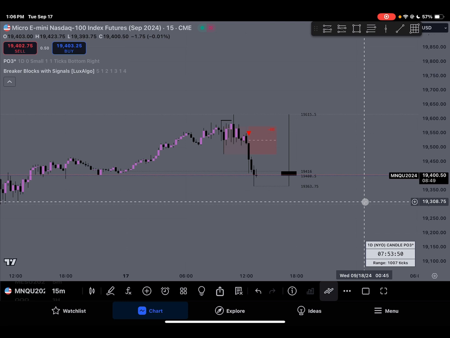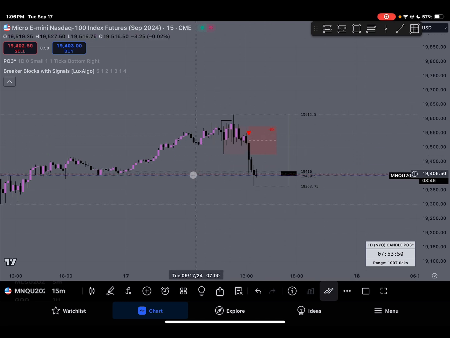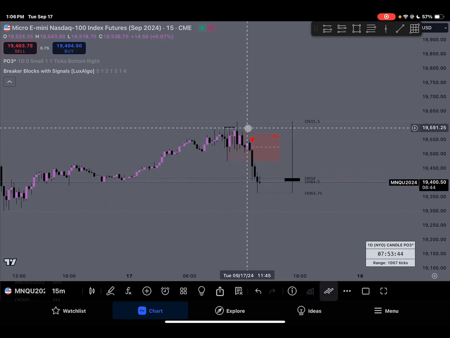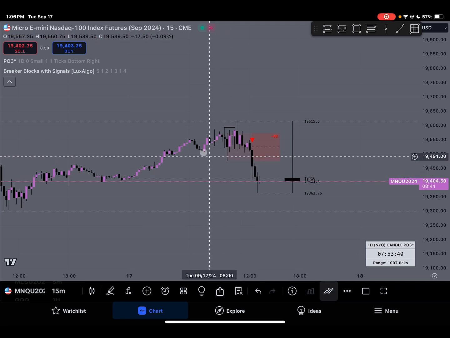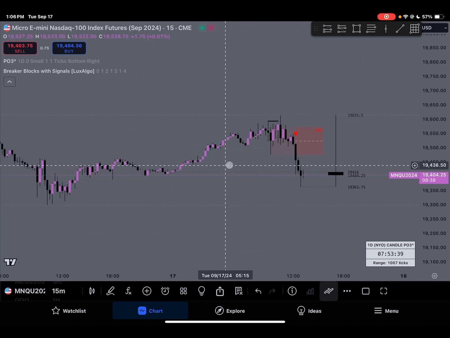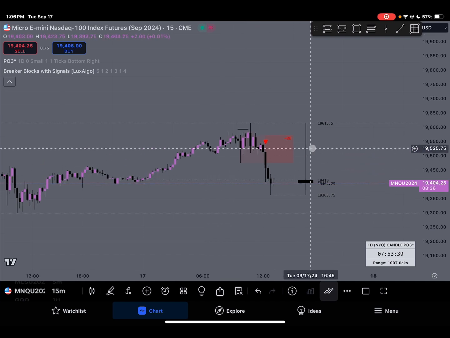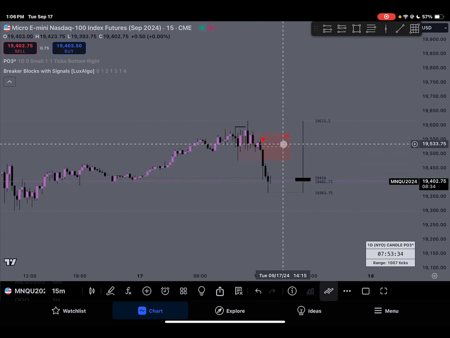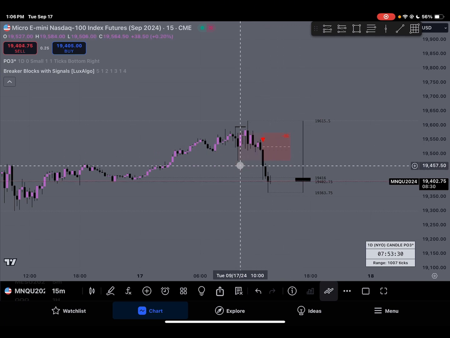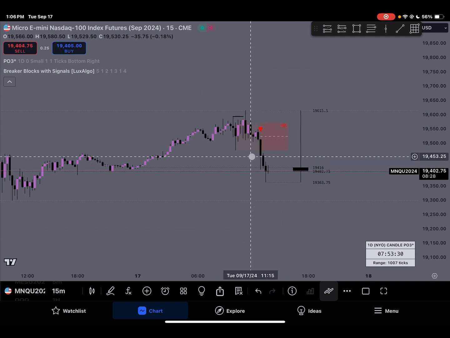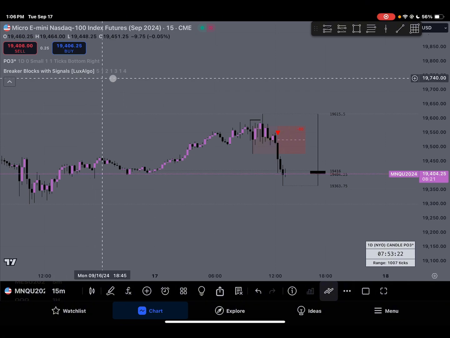Now, what is a unicorn model? If you're asking and don't know what it is: a breaker and the fair value gap. If you don't know what a breaker is, if you don't know any of these concepts, go watch ICT first. Obviously, the source of everything. So when a fair value gap and a breaker overlap, like right here, and if you guys are struggling to